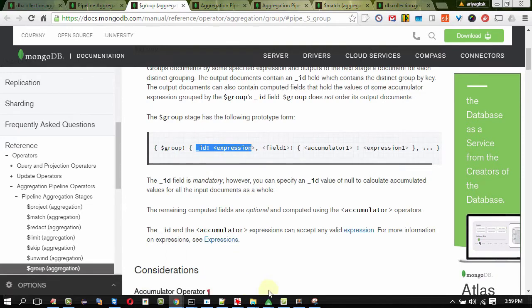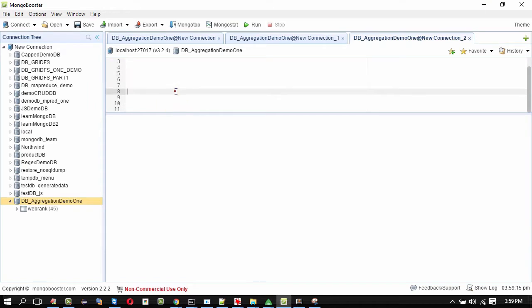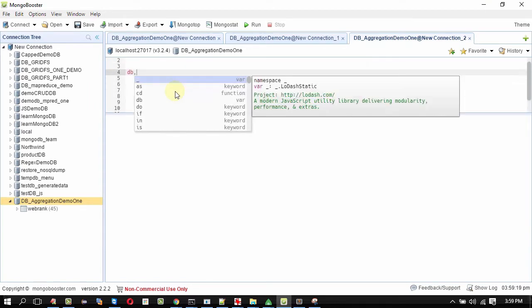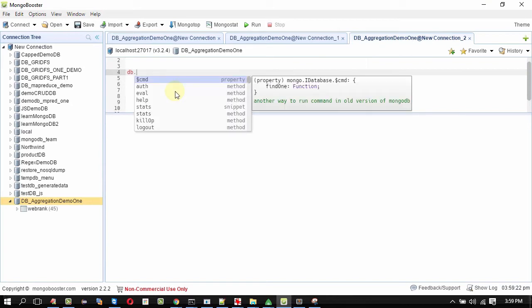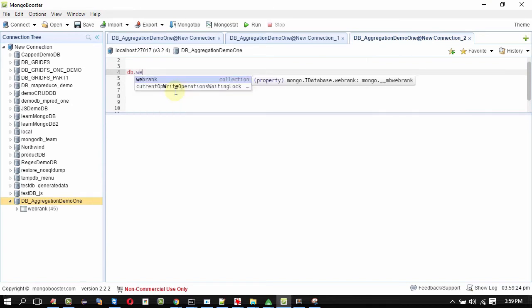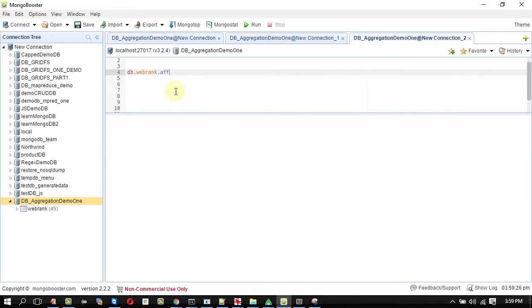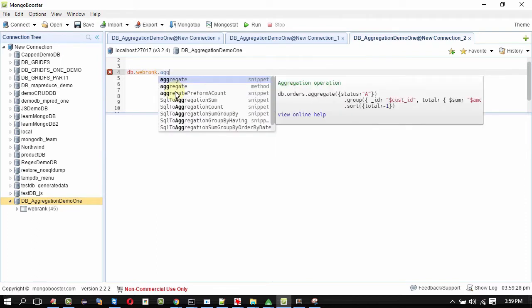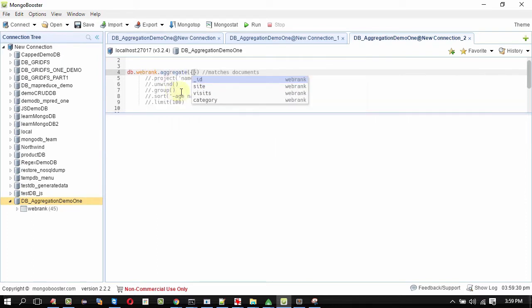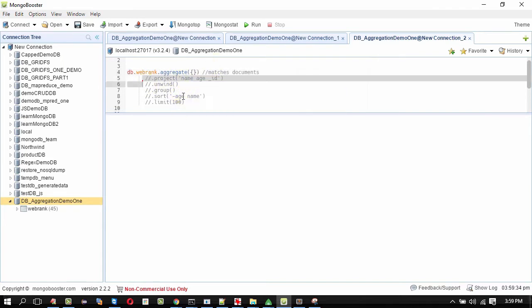Now let us proceed to Mongo Booster. The method name is aggregate, that we have seen: db dot, the collection name is webrank, dot aggregate method. So we got all the auto suggestions here. We're not going to use this one.